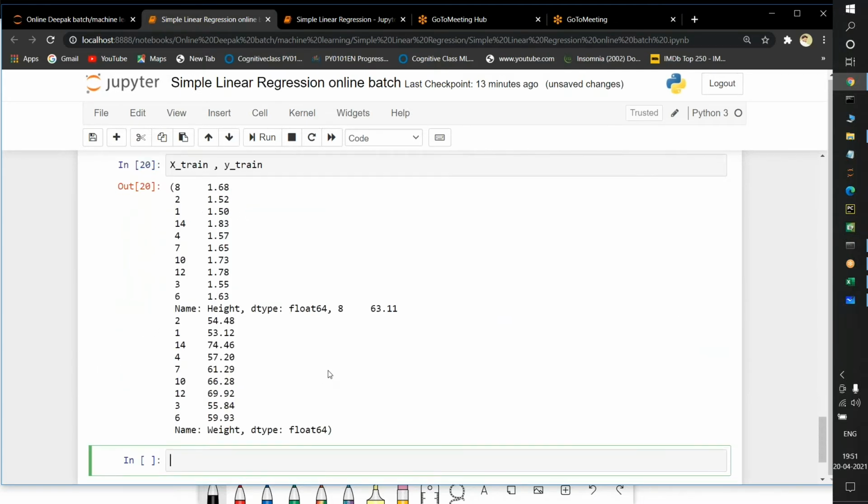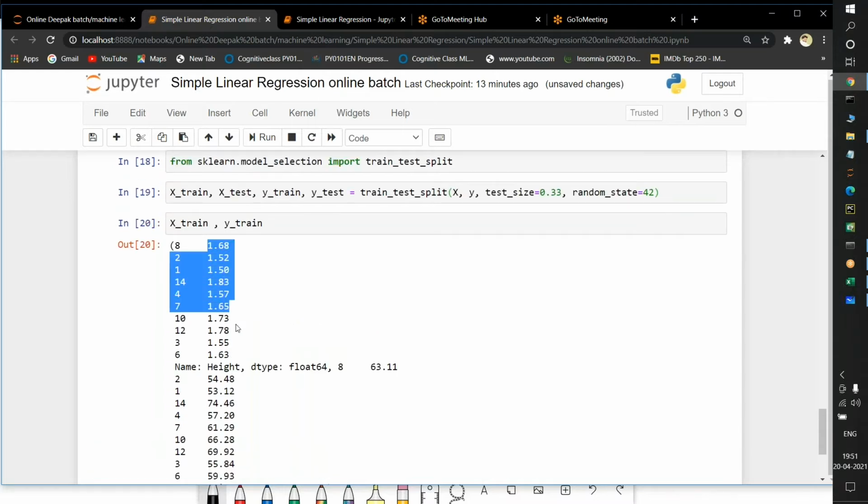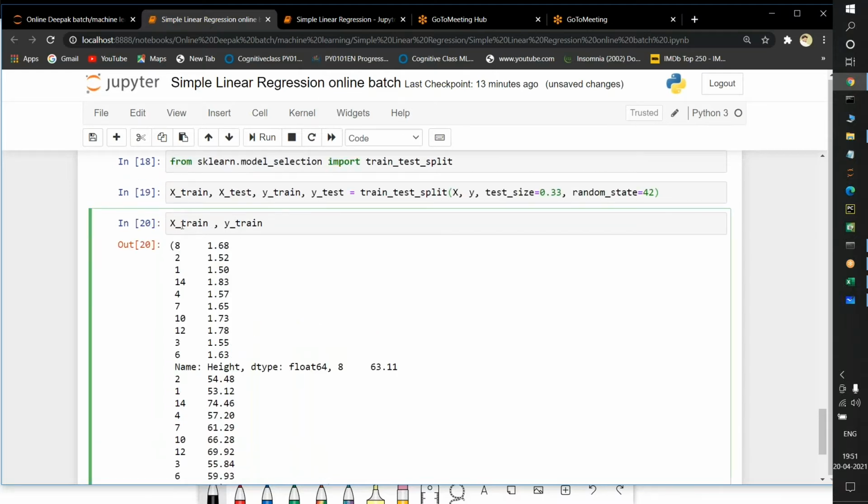If you observe here very carefully, see, these values are for X train. The best example is if I am passing the length of X train, how many of the 15 rows came for the training part, how many rows came for the test part?